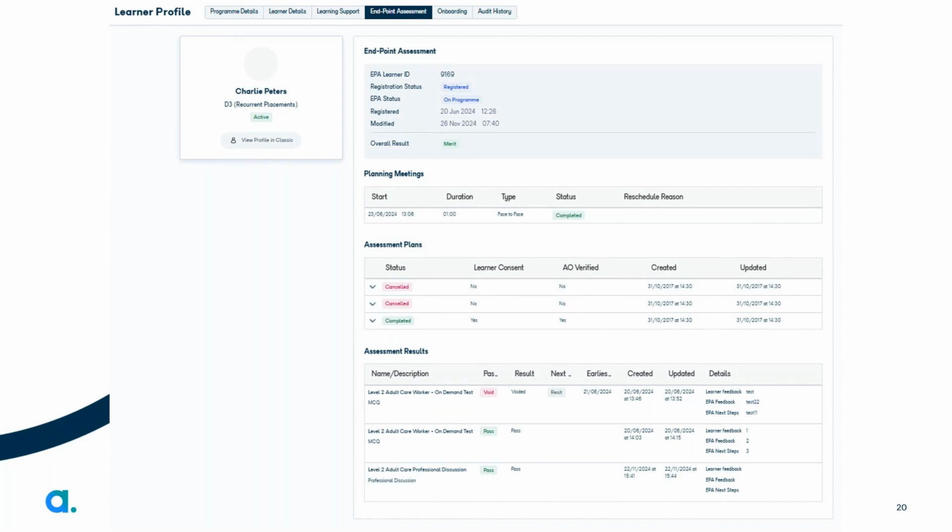So you can see here from this page, this is a sample that we've got, how the planning meetings, the assessment plans and the assessment results all move back to Aptem from epaPRO. You can see whether things have been verified, when they were last updated, if they were cancelled, completed, etc. So it keeps you fully in the loop as a tutor within Aptem or as an admin within Aptem